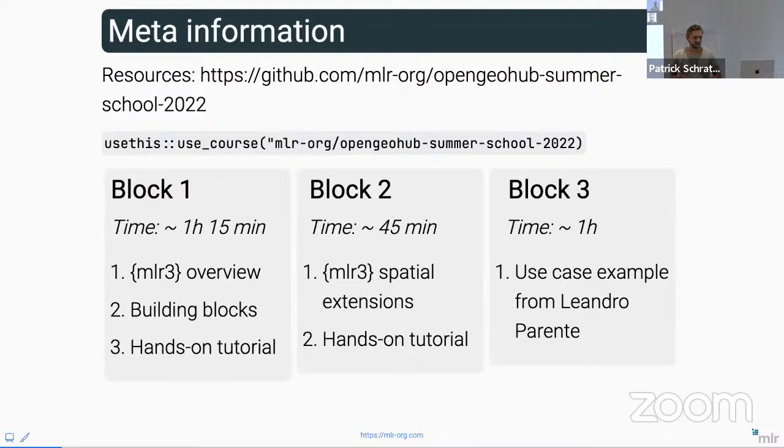All right, so now we'll start with the mlr3 overview. I'll talk a bit about machine learning building blocks, the essentials, and then we have a short break before we move to the hands-on tutorial, and then hopefully we make it in time for the first coffee break. All right, so let's get started. The